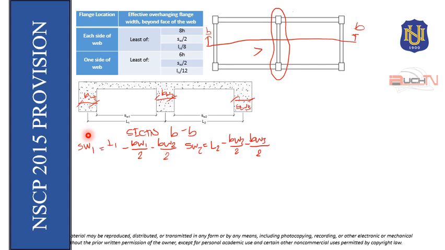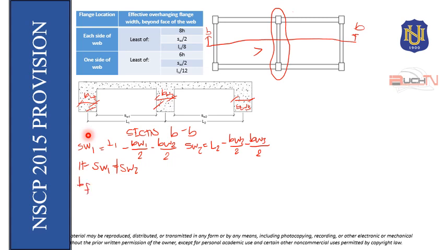So, kung i-interpret natin yung code, may chances na si L sub 1 hindi siya equal kay L sub 2. Or kung ang mangyari, equal si L sub 1 kay L sub 2, pero yung width nito is hindi equal sa width nito. So, there are chances na hindi mag-equal si SW sub 1 and SW sub 2. So, if yung SW sub 1 is not equal to SW sub 2, ibig sabihin, ang interpretation ng code will be